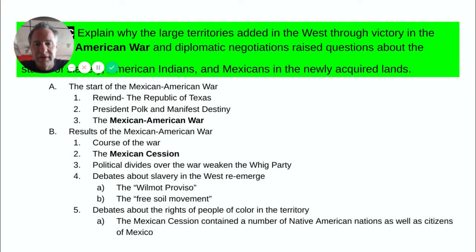The war is not a very long-lasting war, but the impacts of it are important, especially what's called the Mexican Cession. In the treaty with Mexico, the cession is the land that Mexico ceded or gave up to the United States, and it included California, Nevada, Arizona, parts of Utah, New Mexico, and Colorado. It's the Southwest United States today. It's a significant chunk of land that we acquired. It was about 50% of Mexico's territory.